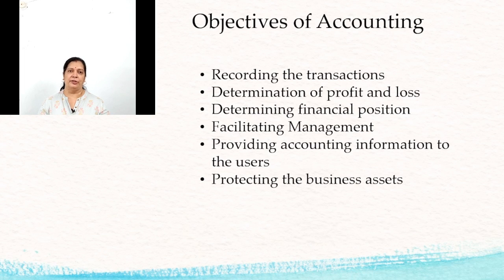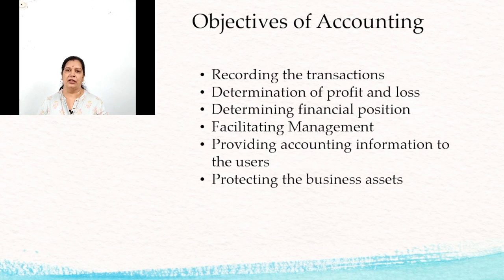नेक्स्ट पॉइंट इज फैसिलिटेटिंग मैनेजमेंट। फैसिलिटेटिंग मैनेजमेंट मीन्स our business transaction, all the recording of business transactions and the income statement and the financial positions help the management to make their policies and plans. How they are going to, for which the department needs the funds or from how we ascertain our costs. This is also determined by the management with the help of these statements, that is income statement and positional statement. Profit and loss account और बैलेंस शीट की हेल्प से मैनेजमेंट अपने फ्यूचर प्लान्स बनाता है।